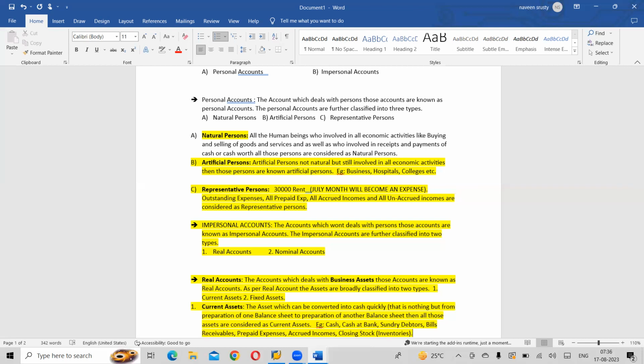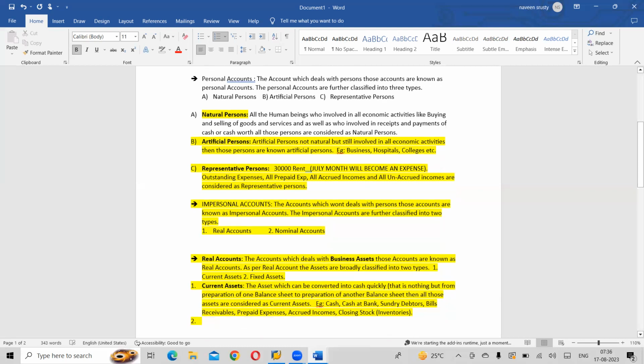Clear? Understood? What do you mean by current assets? The assets which can be converted into cash quickly. Quickly in the sense of one year. One year in the sense from preparation of one balance sheet to another balance sheet. Then all those assets are considered as current assets. Now I'll check, what do you mean by fixed assets? It's a simple term, correct? Fixed assets. Opposite to this, the assets